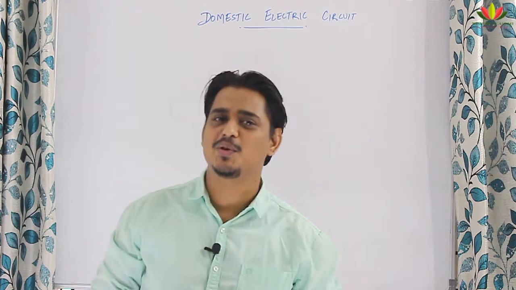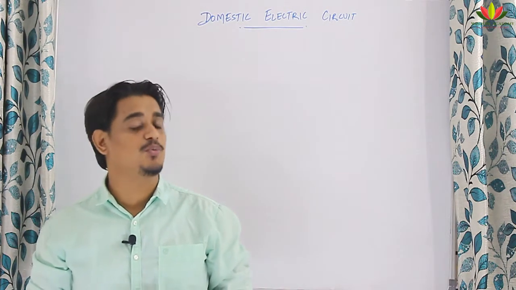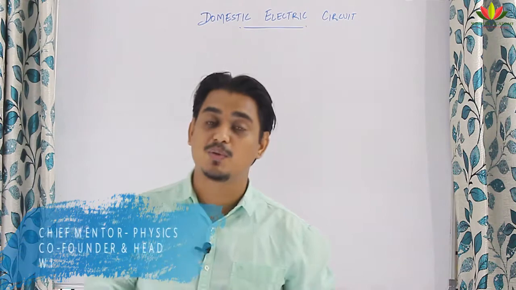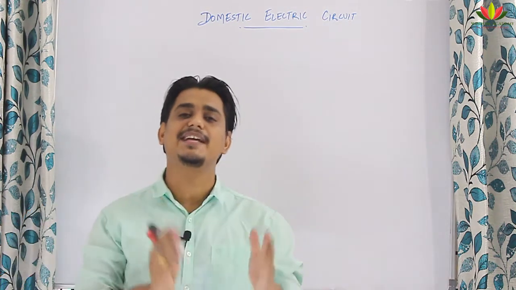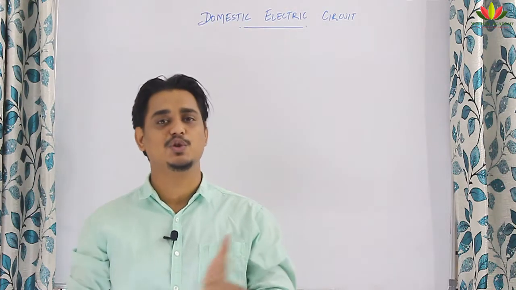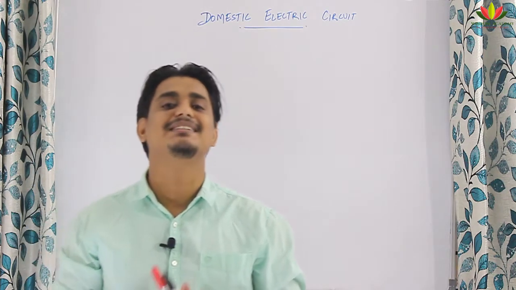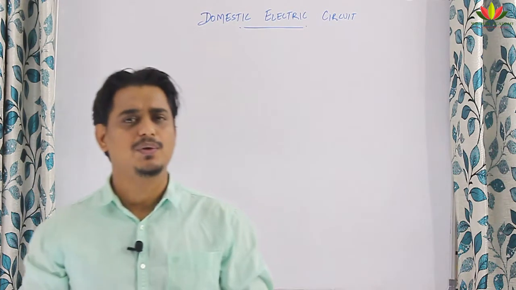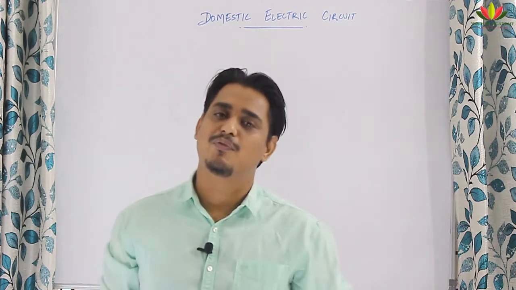In the previous video, you have learnt about electromagnetic induction and generator. I hope you have seen the complete video and you have come to know the principle of electromagnetic induction. What is that? Whenever there is a change in magnetic field, there is an induced current, and the direction of this induced current was given by Fleming's right hand rule. Then I told you this electromagnetic induction is the basic principle for the working of a generator.